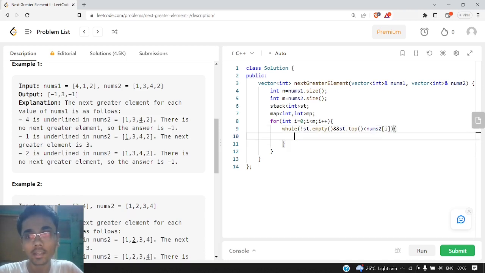If that is the case, like if the stack top element, that is 1, is lesser than nums2 of I, that is 3, that means we found the next greater element for 1, so we will store that in a map. So mp of st dot top, the next greater element for this top element would be equal to the current element of the nums2 array,